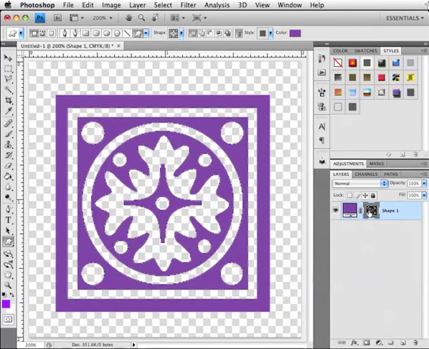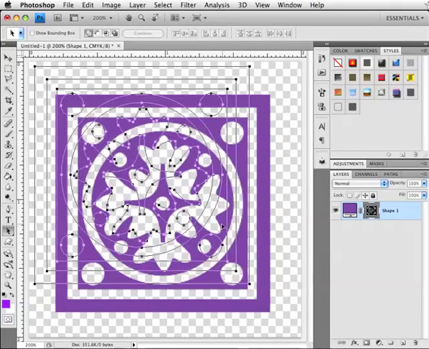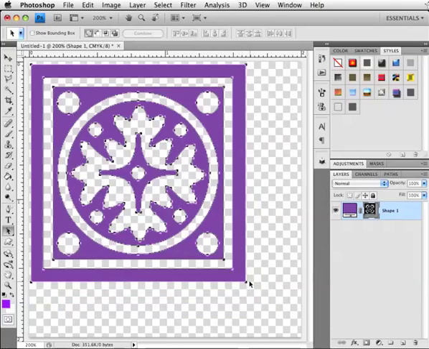And the things we can do are move it, and to do that I have to select this black arrow. The black arrow selects shapes. It doesn't select pixels, it only selects shapes. So once I click on this shape on my canvas, you'll see all the little points and all the little paths that compose this shape. They're now visible. I can move this around. I can actually